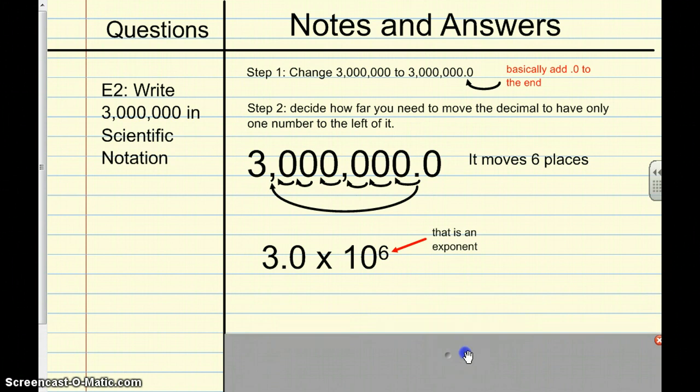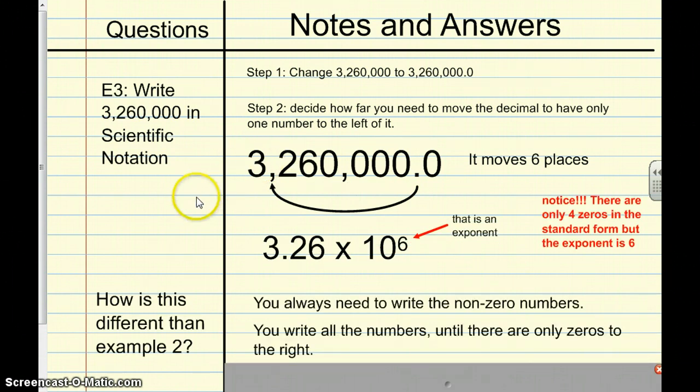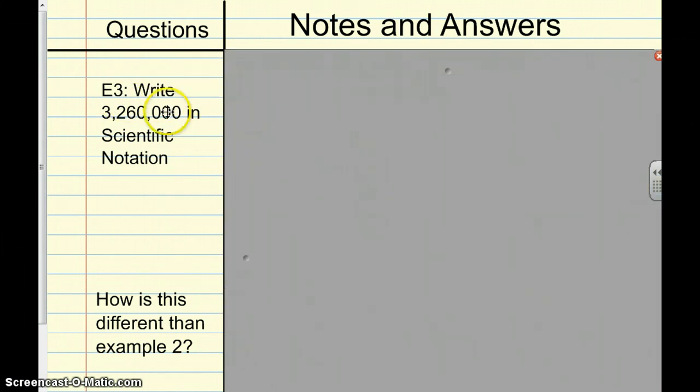Nothing else on that page. Okay. We're almost done here. Example number 3. Write this number. Oh, Mr. Frio, come on. Okay. Write